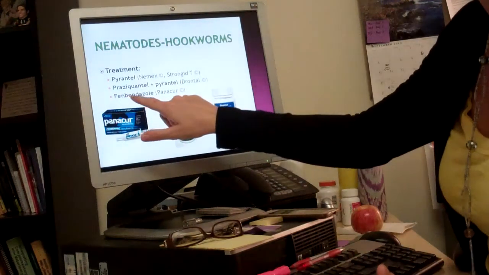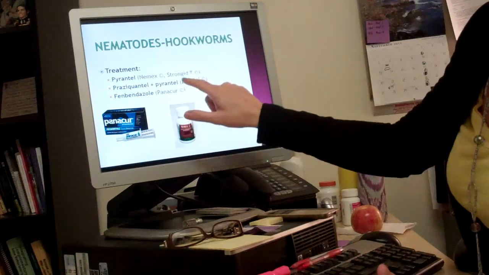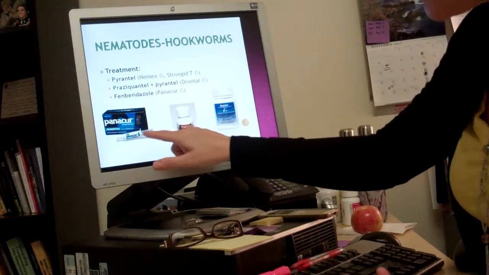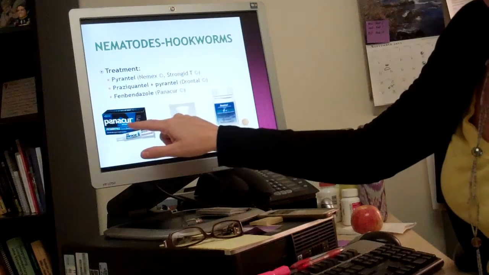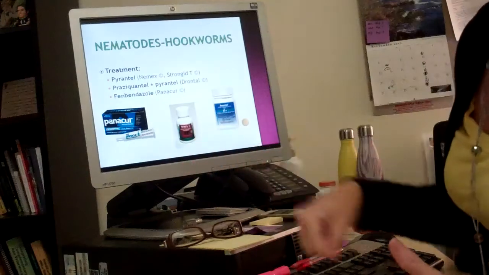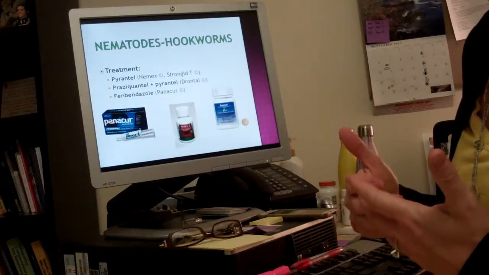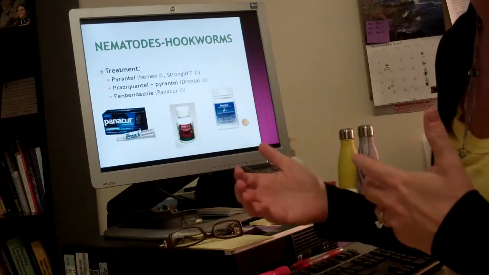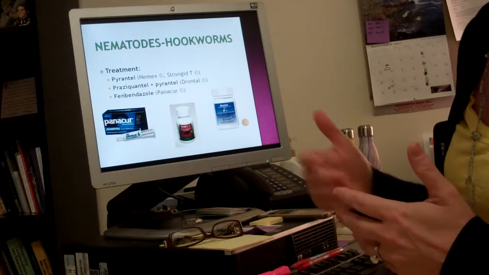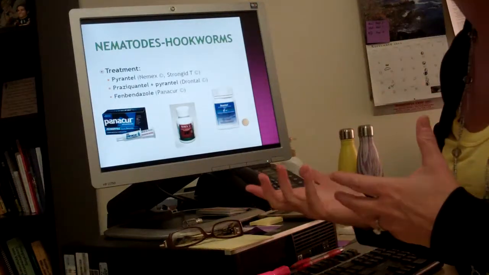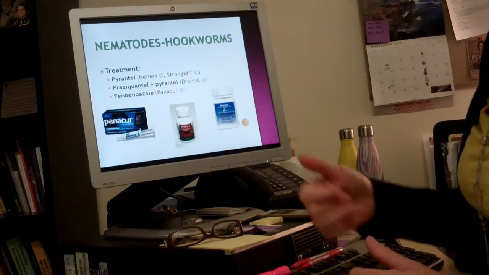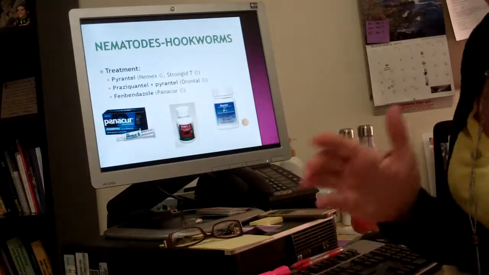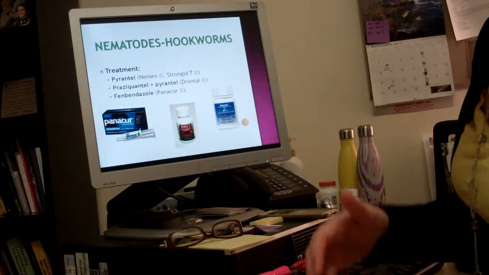I want to jump down to fenbendazole, which has the trade name Panacur. Here's one. I put a picture here of Panacur. This is Panacur for horses. So you're going to see a lot of these antiparasiticides, drugs that kill parasites. We have fenbendazole for small animals. We have fenbendazole for large animals. Panacur can treat both roundworms and hookworms. I wanted to